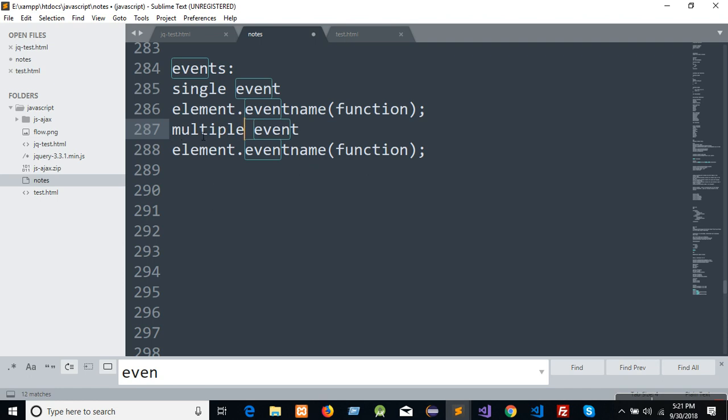For multiple events, instead of this event name, I can use on. So this is on, event name, colon, function. So this is one, and another one is